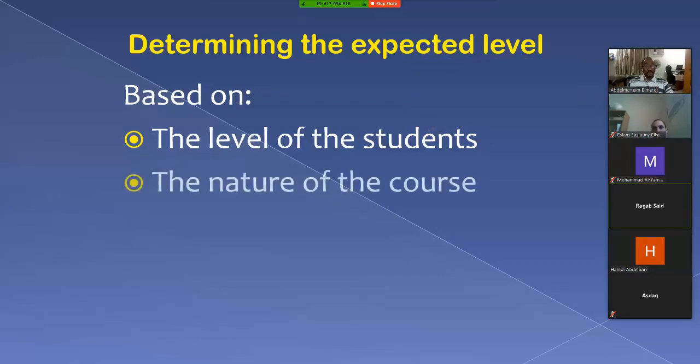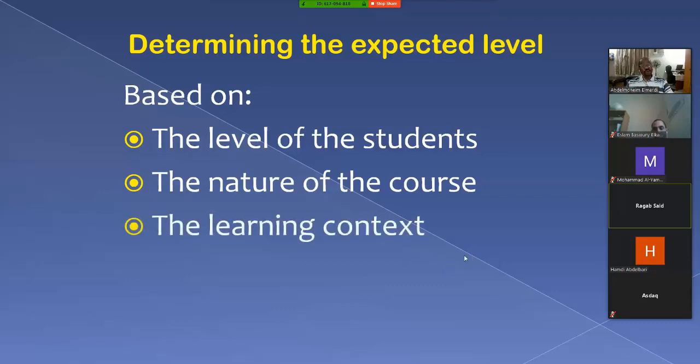But also the nature of the course. Maybe I teach more than one course. I taught these students, for example, in medicine, the gastrointestinal system, and their performance was like this. But now I am teaching them the nervous system. It's a bit different. So it's also based on the nature of the course. Also, and this is important in our situation, although we are interacting with the students through video conferencing,